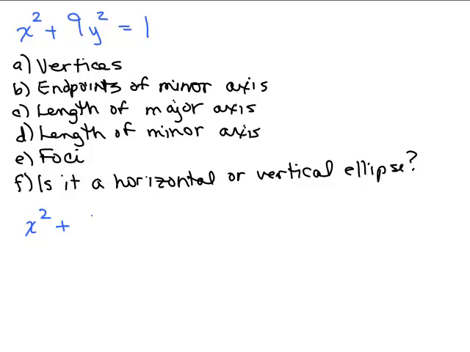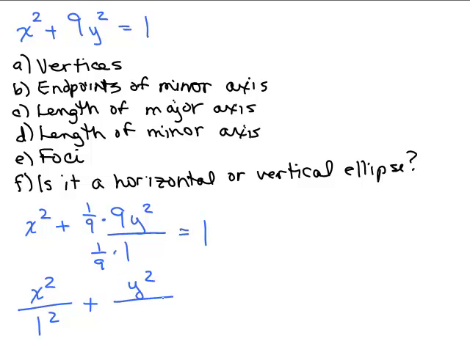If we have 9y squared over 1, I can multiply numerator and denominator by 1/9. Just this one itself, so I have x squared over 1, or 1 squared, plus, all right, the 9's cancel, so you have y squared over 1/9. Now, how could I write 1/9? I could write that as 1/3 squared equals 1. So,